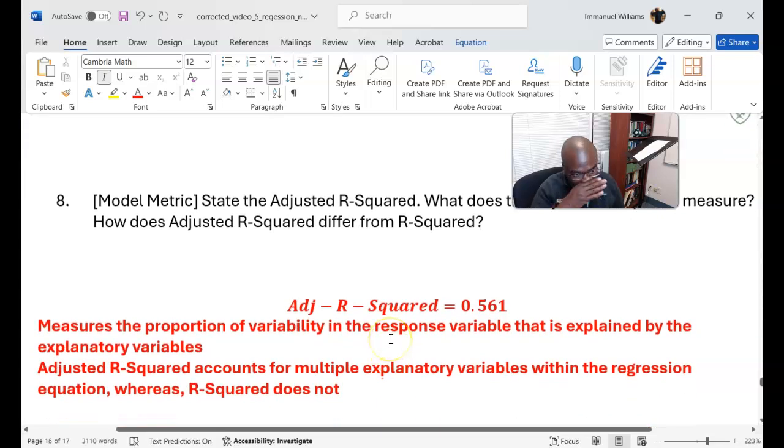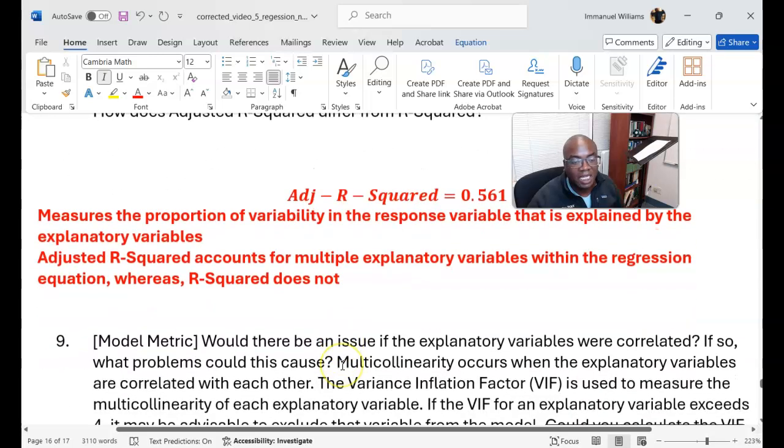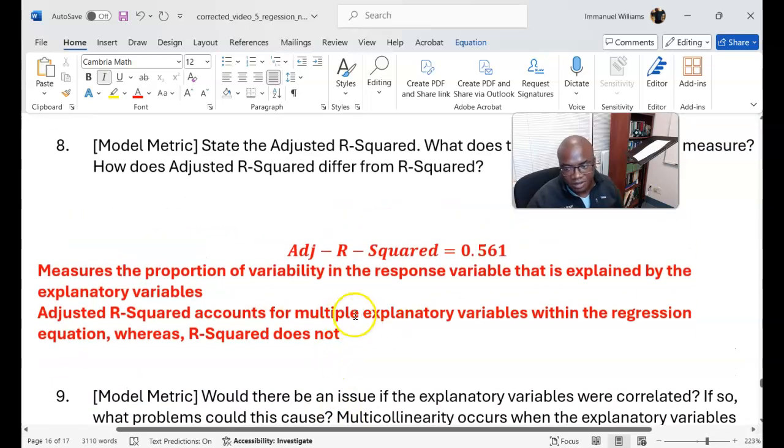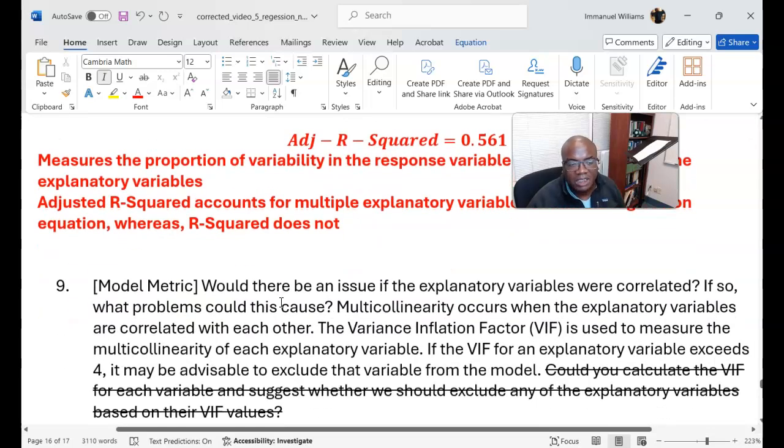All right. So R squared measures the proportion of variability in the response that's explained by the explanatory variable. Adjusted R squared accounts for the multiple explanatory variables within the regression models, whereas R squared does not. That's an abbreviated version, because we're penalizing R squared for adding explanatory variables that may not necessarily explain more variability. Okay. Last but not least,